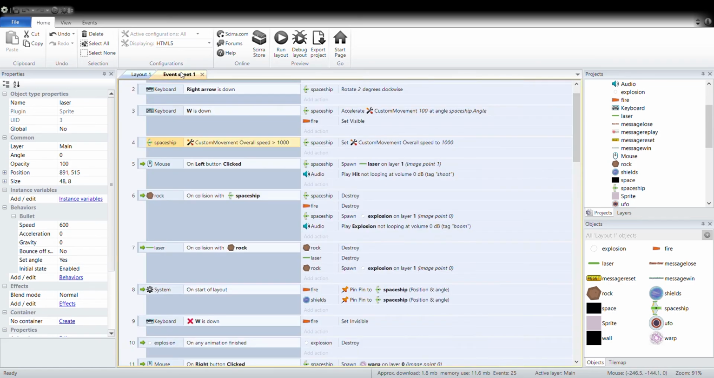Okay, after you put the bullet behavior, it will just move automatically. You don't need to do anything at the event sheet. The only thing you want to do at the event sheet is when you give a command. For mine, when I left click the mouse, my spaceship will spawn a laser, and then the laser will shoot out from the spaceship. Okay, and the next thing is